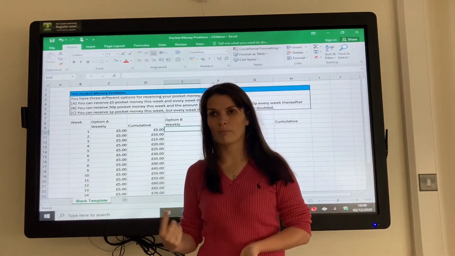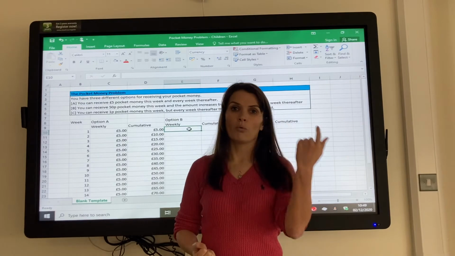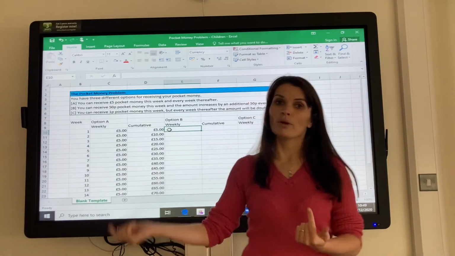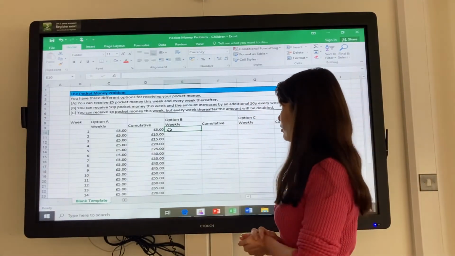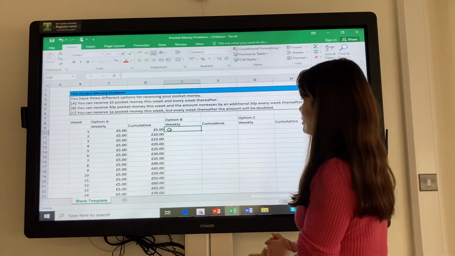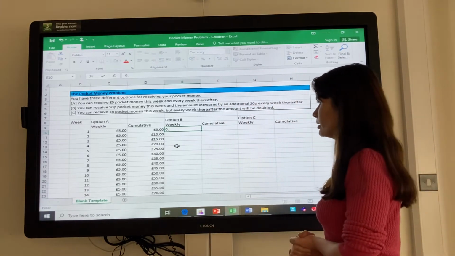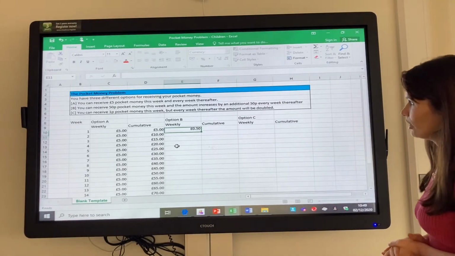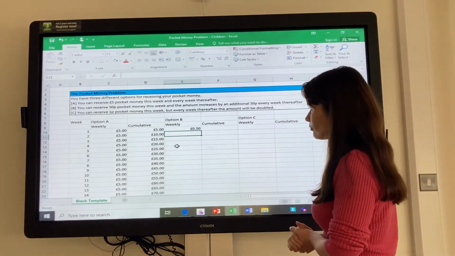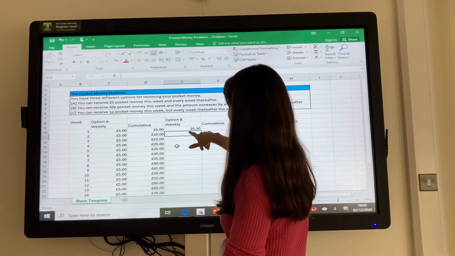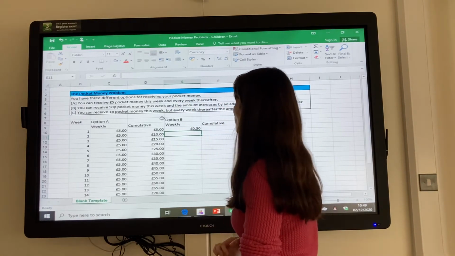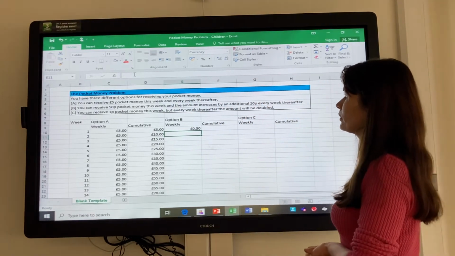Okay, so if, for example, week 1 you'd get 50p, week 2 you'd get £1, week 3 you would get £1.50. We don't want to be inputting all that data though, do we? Because it's quite a lot. So Gemma, if you put in 50p there, which would be 0.50 for 50, and what we can do here, Gemma, is if you do equal sum, open brackets in the formula bar,